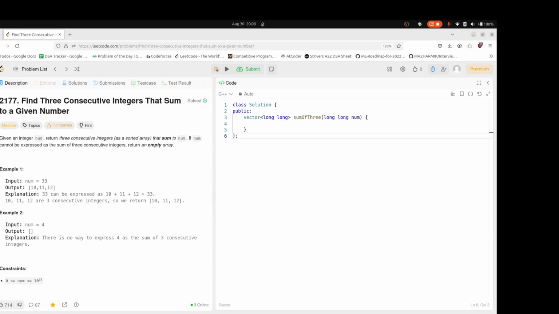So I will first start explaining this. Let's say the first number is element. Whatever it says, element plus element plus 1 plus element plus 2, these sum equal to num. Now if you calculate this, 3 times element plus 3 equals num, and if you go further down, element equals num minus 3